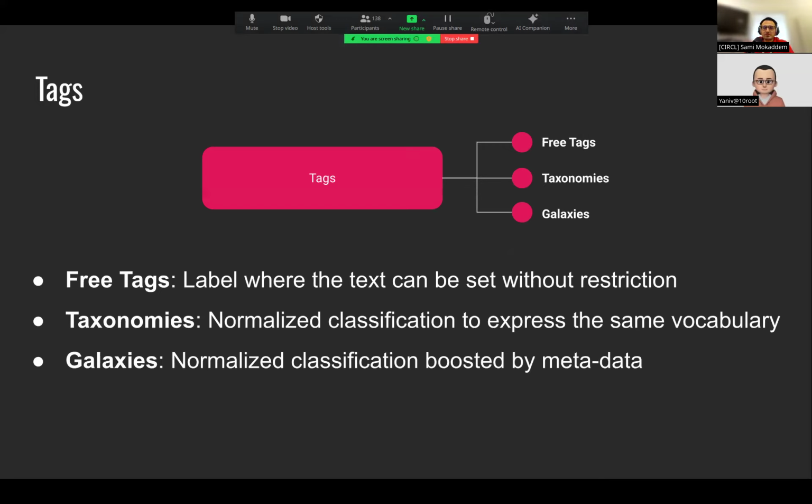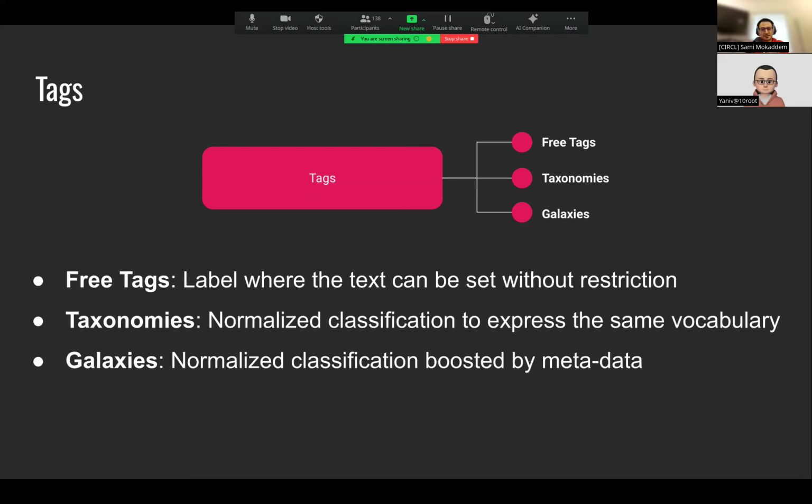And just to cut short the chase, in MISP, anything that touches context, behind the scenes, it's a tag. So it's simply a label that you attach to your data. But these labels come from different sources. We have the free tags, which can be created by any user. We have the taxonomies, so this is a normalized classification, basically,